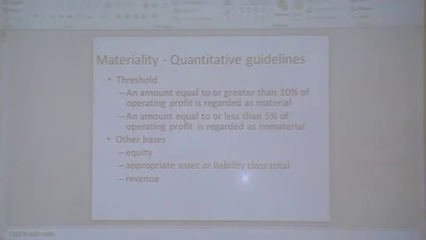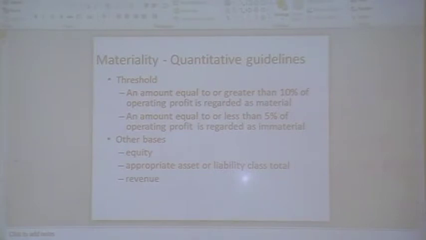So you have to go back and look at what profit they're making or what their turnover is, like our example of the 50,000 having a big impact. If you've got 50,000 against 60,000 profit, that's significant, but if you've got 50,000 against a 10 million profit, it's not going to impact on your materiality. Ten percent will be the very most, and you have to do a lot of work between 5 and 10 as well.